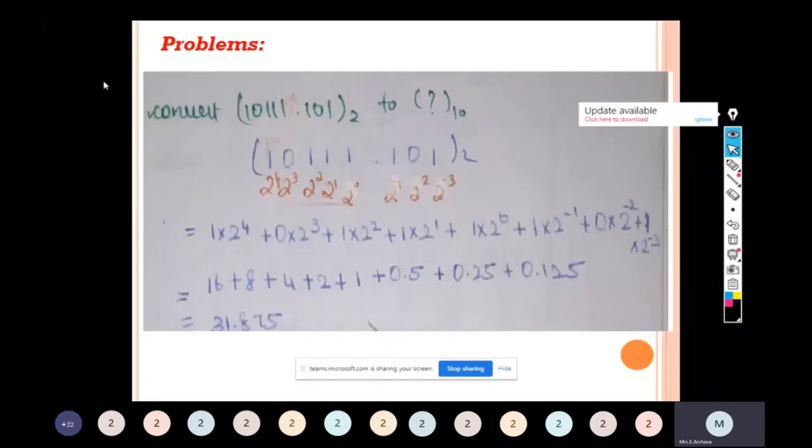Till now we have discussed problems based on number system. We will see some more problems based on number system. Yes, the first problem is convert